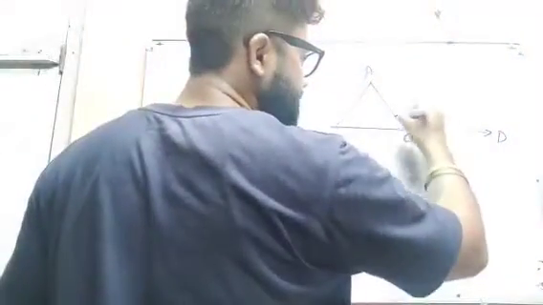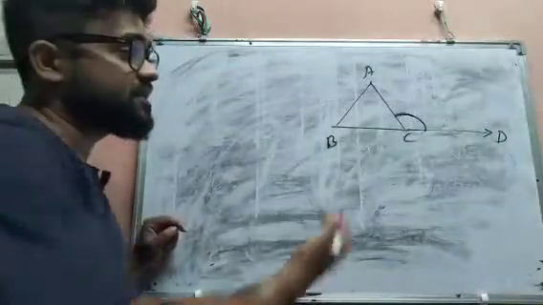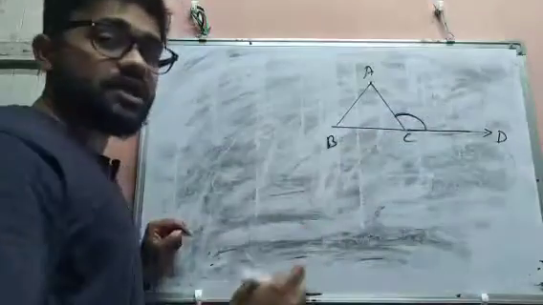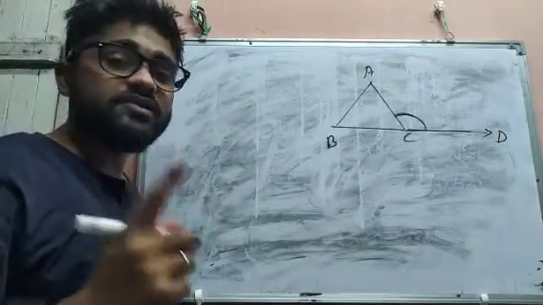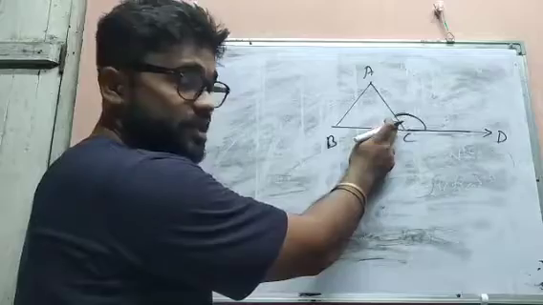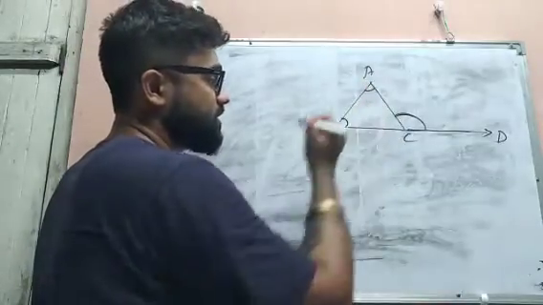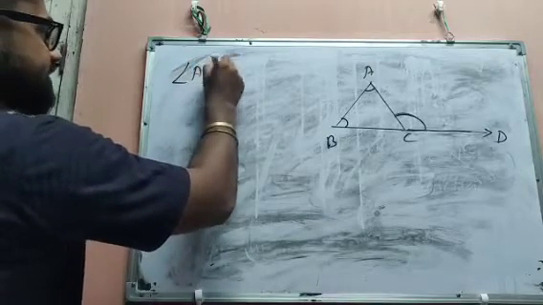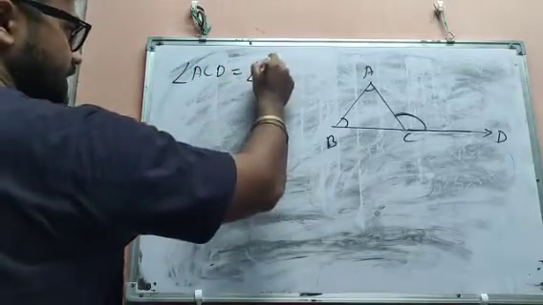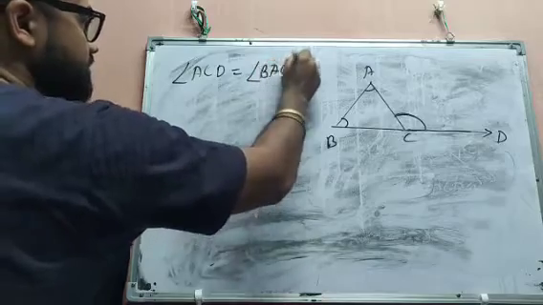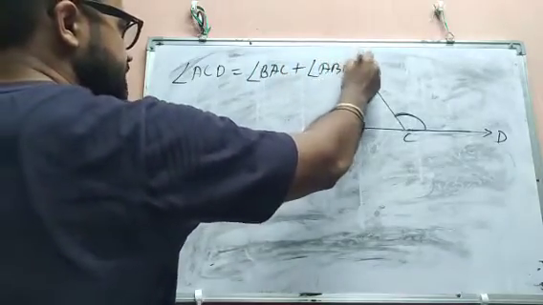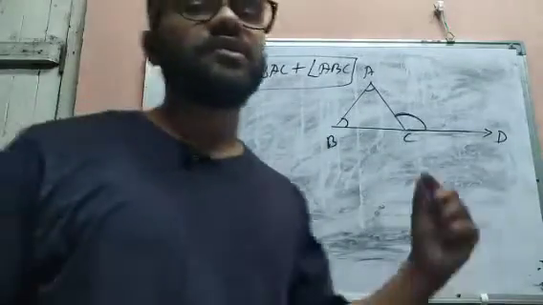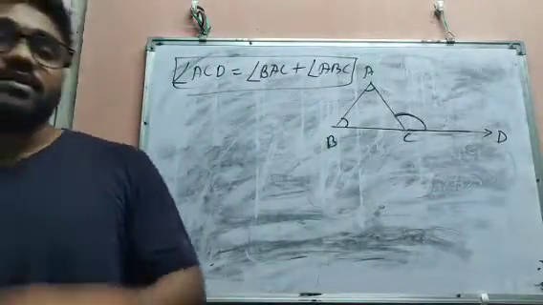This exterior angle, it is the exterior angle because it is remaining in the outside, na? That's why this is known as exterior angle, and it is always equal to the sum of the two opposite interior angles. Now this is not an opposite angle, these two are opposite angles. Okay, so we can say angle ACD equal to angle BAC plus angle ABC. Okay, so we have to use that theorem, that property, to solve the further maths.